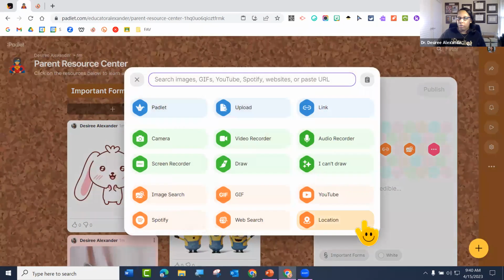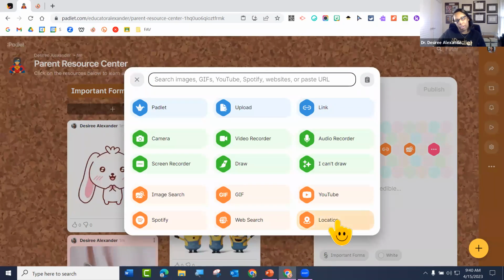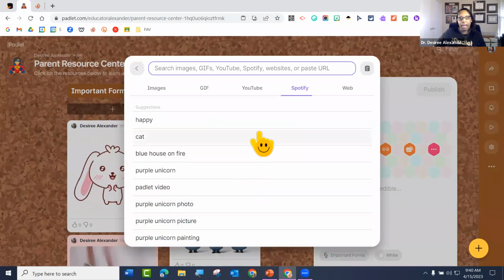I want you to notice something: when I'm clicking on these things, they're all up here. You don't have to go out if you clicked on images, but you really want a YouTube video. They're all here, right? You just click on it and it's the same as going out and clicking on the buttons. We already looked at YouTube, Spotify. So of course you would have a Spotify account, which I do not.